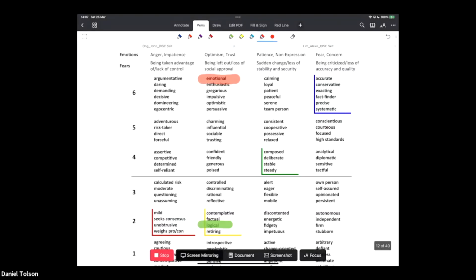So one of the ways that you can win the hearts and minds of people is adapting. Through coaching and training, you can start to become more emotional. When you watch the replay, when Ninny was on the camera before, did you notice how expressive Ninny is in her face? Ninny and I are quite expressive. So the high I style is often very expressive in the facial features, where the low I tends to be more like a computer or a calculator. They don't show a lot of emotion.